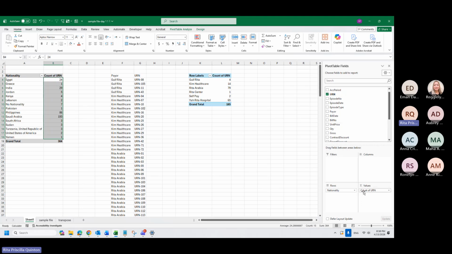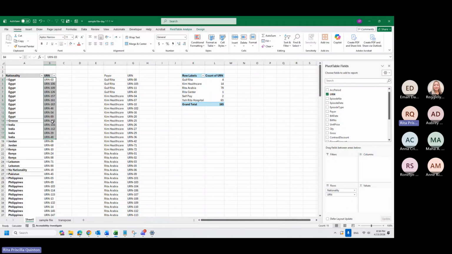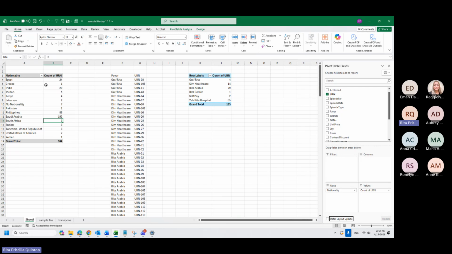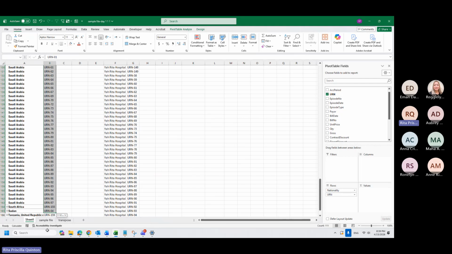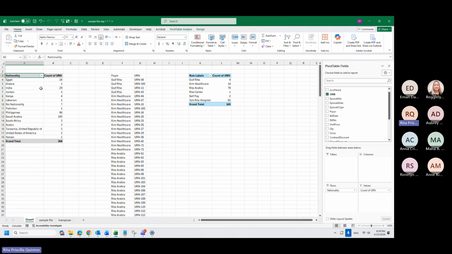But if you want it to be accurate like this, then you have to put it here. Because for Greece, I only have one, but if I put here, how many? Yes, also one, meaning Greece has only one line. Saudi Arabia has 109 patients. But if I put here, Saudi Arabia will have 193.